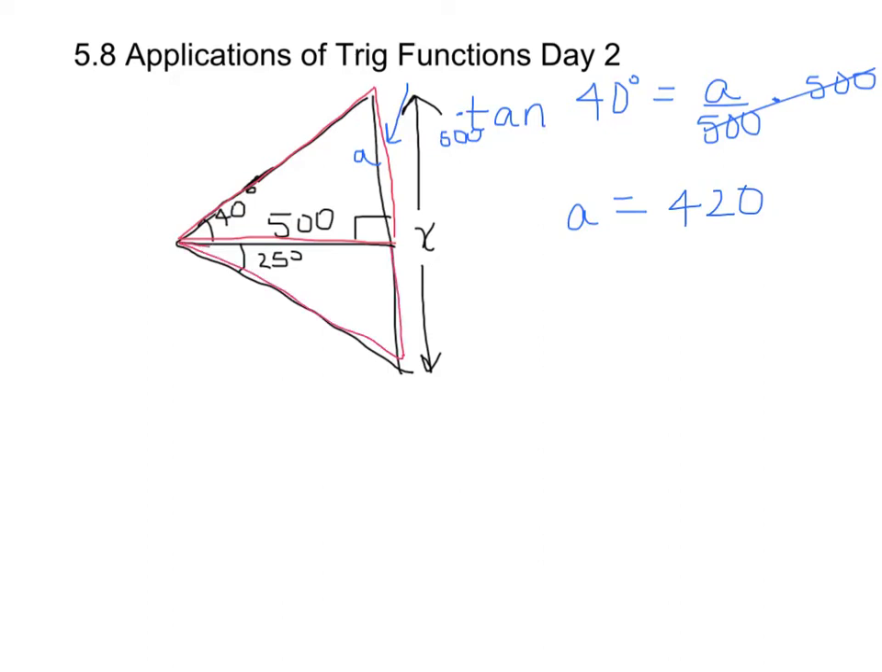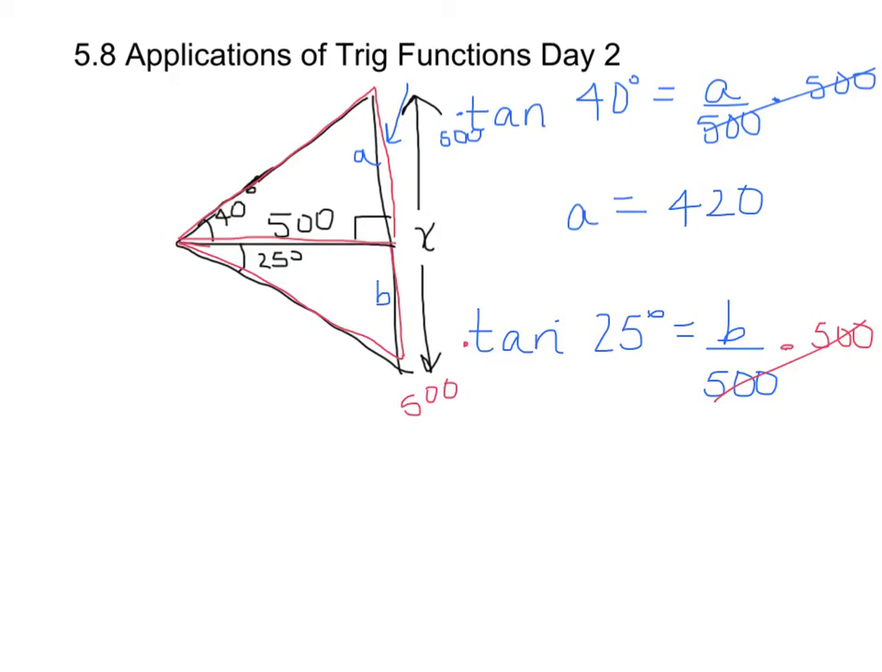Then I'm going to look at this triangle, and I'm going to find this side. I'm just going to call it B. Now, according to my angle, which is 25 degrees, B would be opposite, and the 500 is adjacent. So we're going to use tangent again, and you do a similar procedure. Multiply both sides by 500, and then you would get B equals